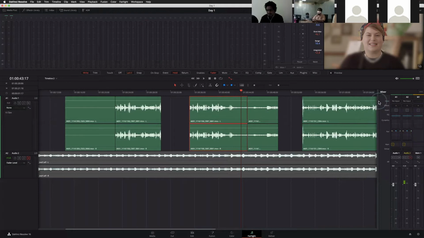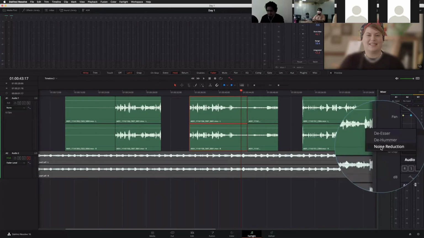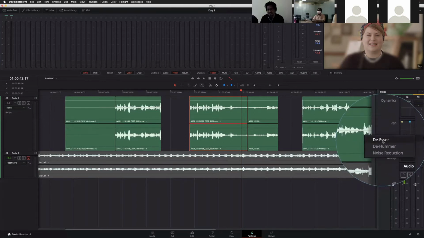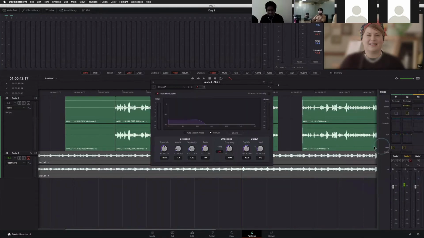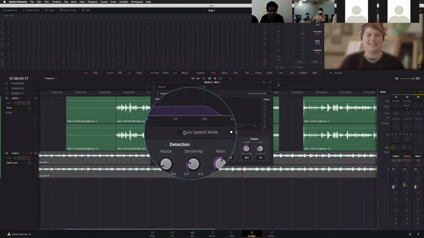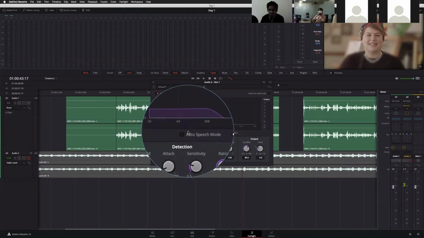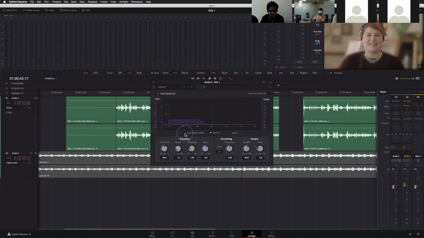Here you can see even DSR and depopper, which we use in TV channels, and this is the automatic mode, the DSR and depopper. But first we'll go through the noise reduction. Click here. So you will find the automatic option. When I click this auto speech mode, now just play that particular clip.